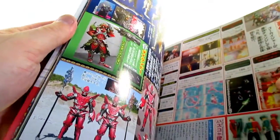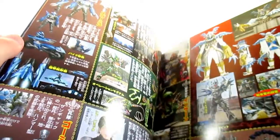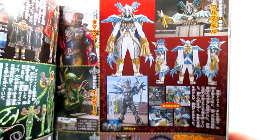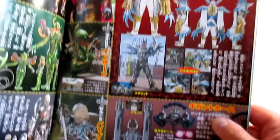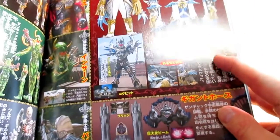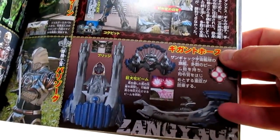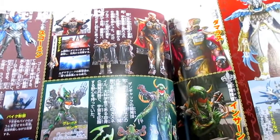On the next page, pages 100 and 101, here is Warz Gill. This is the son of Akudos Gill. And then his mecha right there, all the kanji about Warz Gill, and the castle and the ship that they were in. And then here we go. Here is...